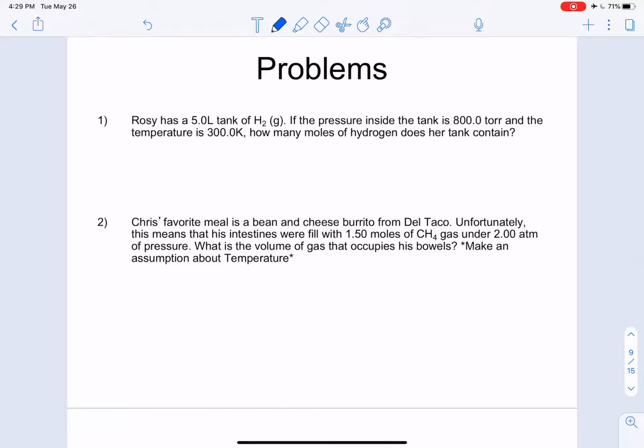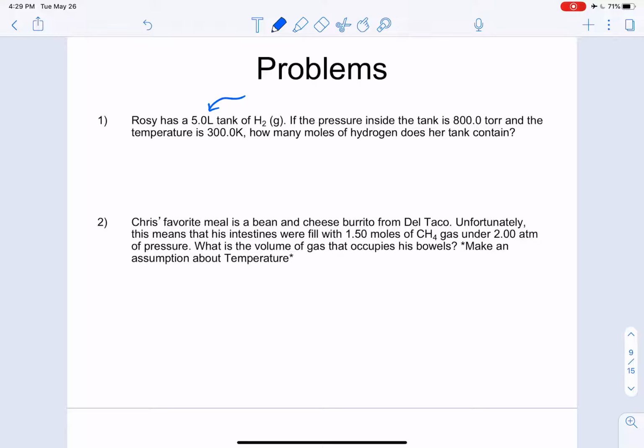Number 1 says Rosie has a 5-liter tank of hydrogen gas. If the pressure inside the tank is 800 torr and the temperature is 300 Kelvin, how many moles of hydrogen does her tank contain? Now remember, the math in this chapter isn't that hard. It's keeping all of the equations straight. So if we just come upon a problem like this, and we're not in the ideal gas law section, so we don't know that that's what we're supposed to be using,